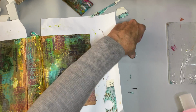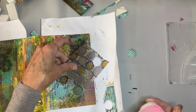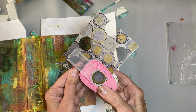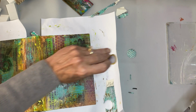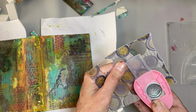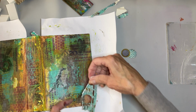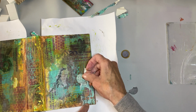So this is kind of how I did the heart that I showed. Oh, and actually while I have that out, maybe I cut out a piece of this. When I had the currency, I also had a bunch of coins. And I've just done a little background paper with that. This one's printed on vellum, but let's see. It doesn't even have to be a whole circle. So I could go in and I can glue that down. And then maybe I want to